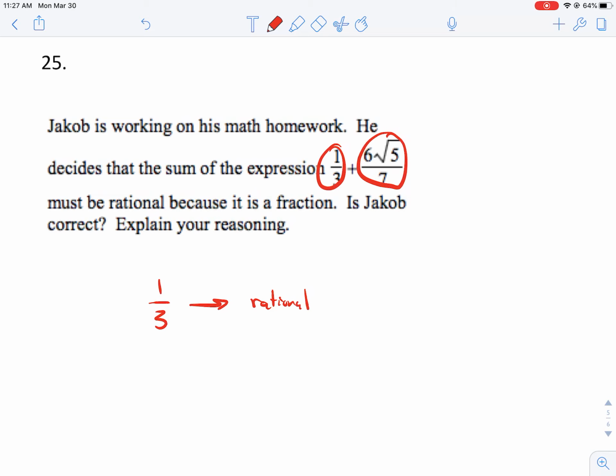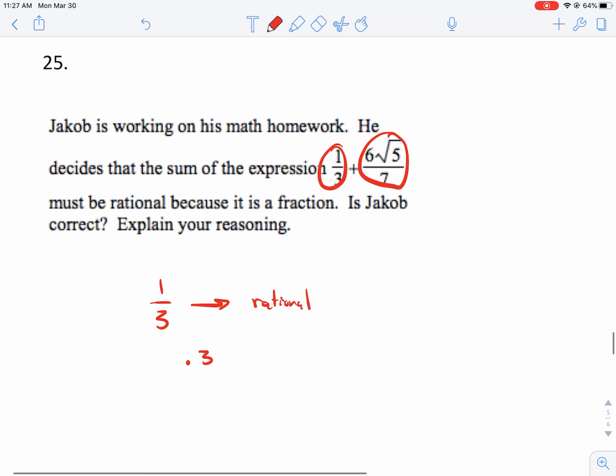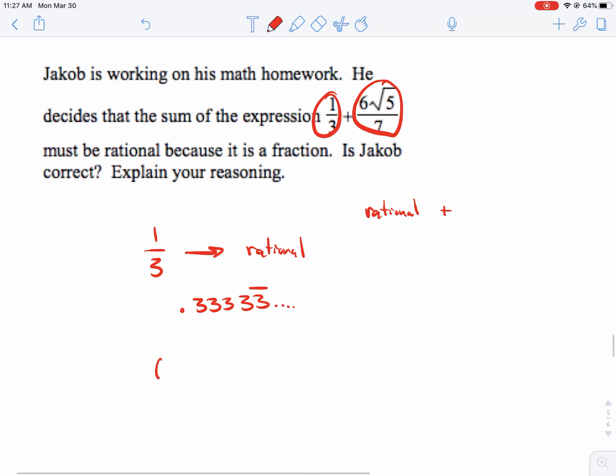Okay, so let's talk about 1/3. 1/3 is a rational number. If you typed in 1/3, you would get 0.33333. It's rational because the 3 is being repeated and it continues on. So 1/3 is a rational number. So we have a rational number